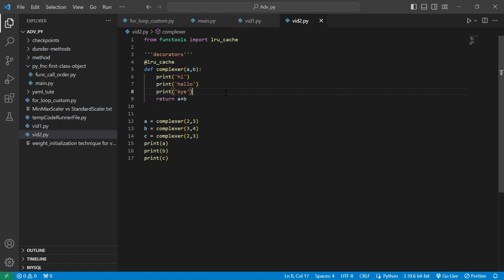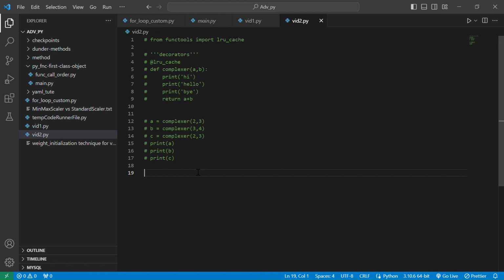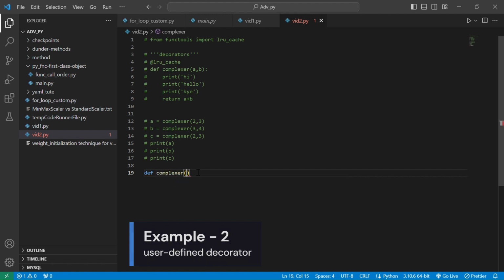So now let's look at one more example, and then we will move towards more complex decorators like data class, static methods, right? Class methods. These are some advanced, you could say, decorators. But I'll give one more example. So let's first comment it out. Okay, so let's do one thing. Let's create a complexer function again, and now let's